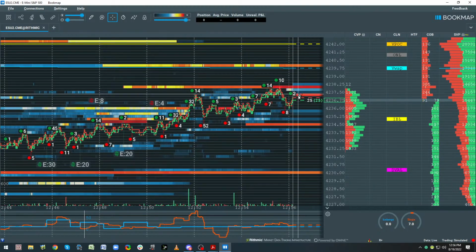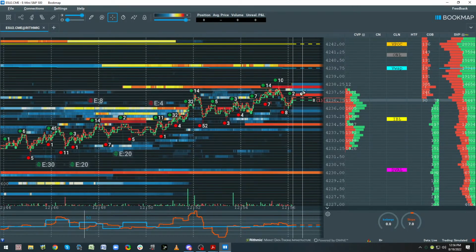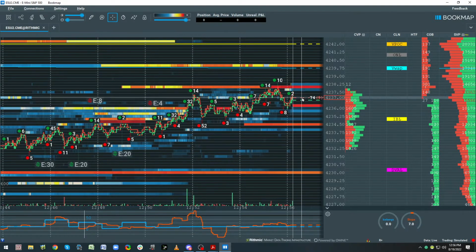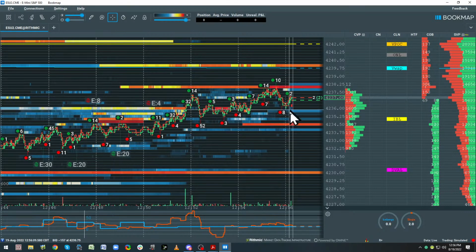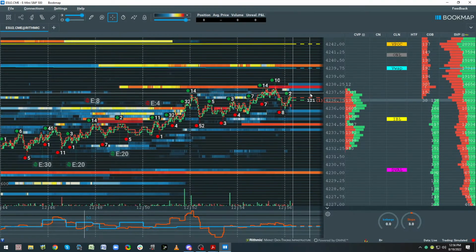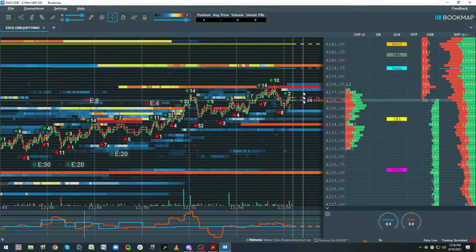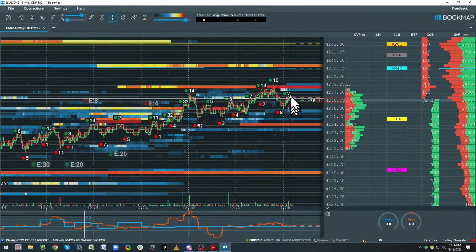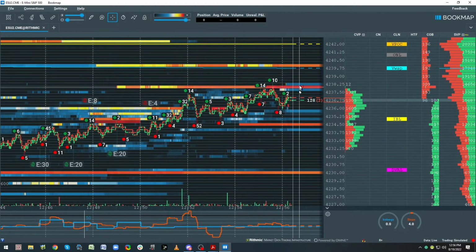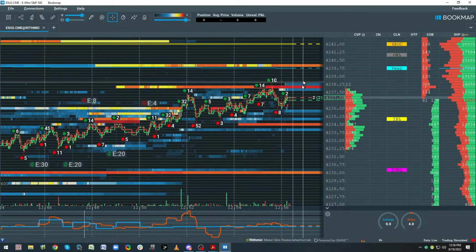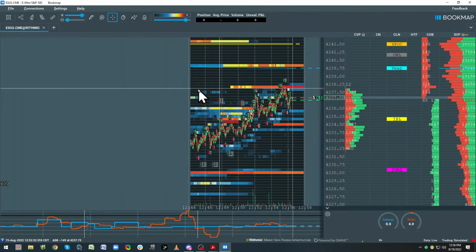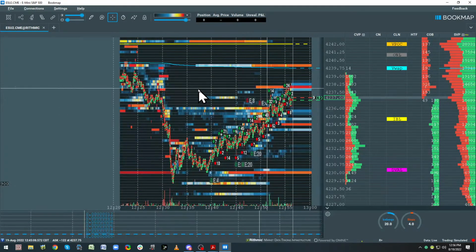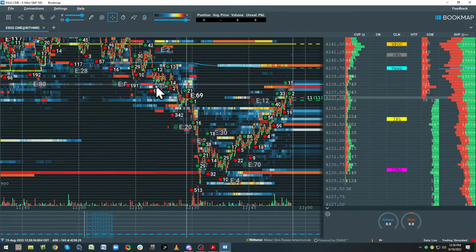So let's watch this behavior here, these algos right here. See how they pull and then flip? This will get you into trouble. So this in and of itself, I don't look at this and do anything with these guys, because this is just algo. So I don't do that. I am interested in certain behavior. I want to go back and look in the book, just see what's what here.